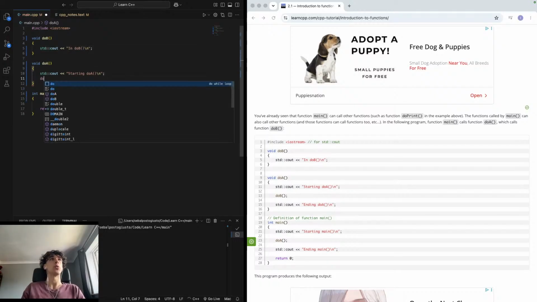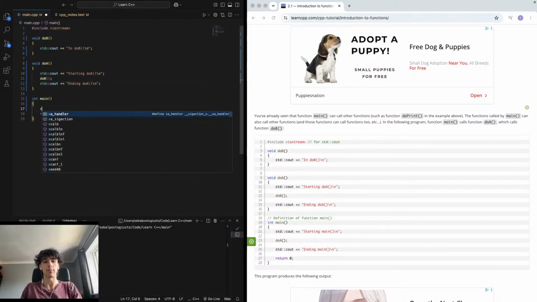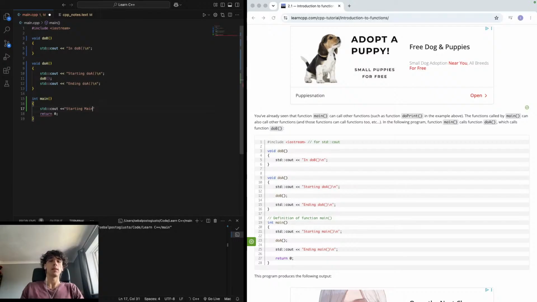And then we are going to call do B, again with the brackets to make sure it's called correctly, and then we're going to end ending do A. Cool, nice. And then a line break, and then in our main we will do a character output of starting main, lowercase, and then we will line break,